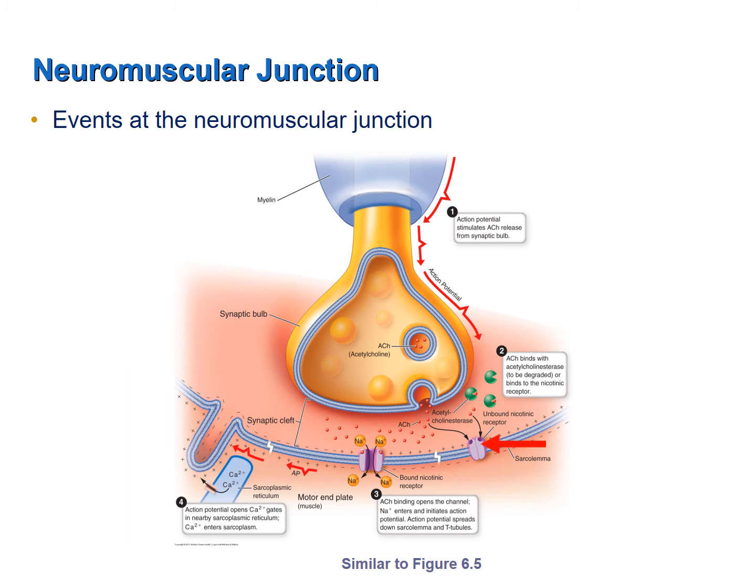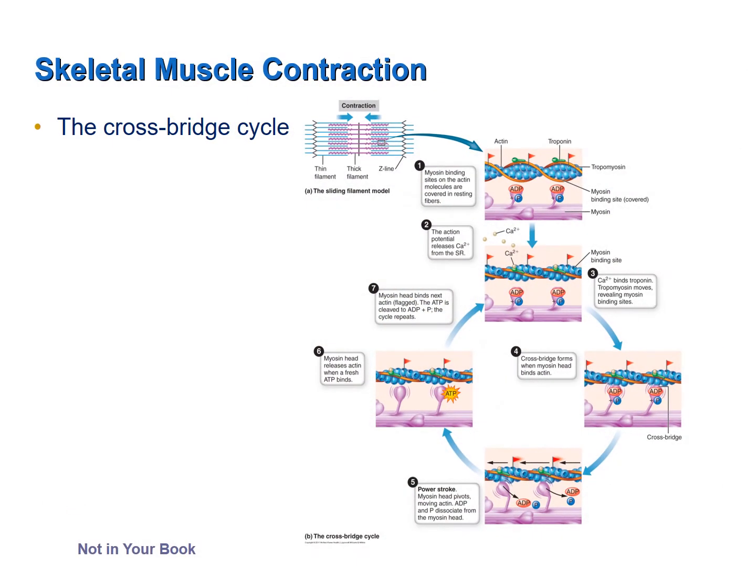Some of the acetylcholine binds to receptors on the sarcolemma of the skeletal muscle fiber. The binding of acetylcholine to the receptors causes sodium channels to open. As sodium channels open, sodium moves into the cytoplasm of the cell, causing an action potential, and that action potential causes the release of calcium. With calcium now available, calcium binds to the protein complexes, causing the myosin binding sites to now become available for the myosin heads to